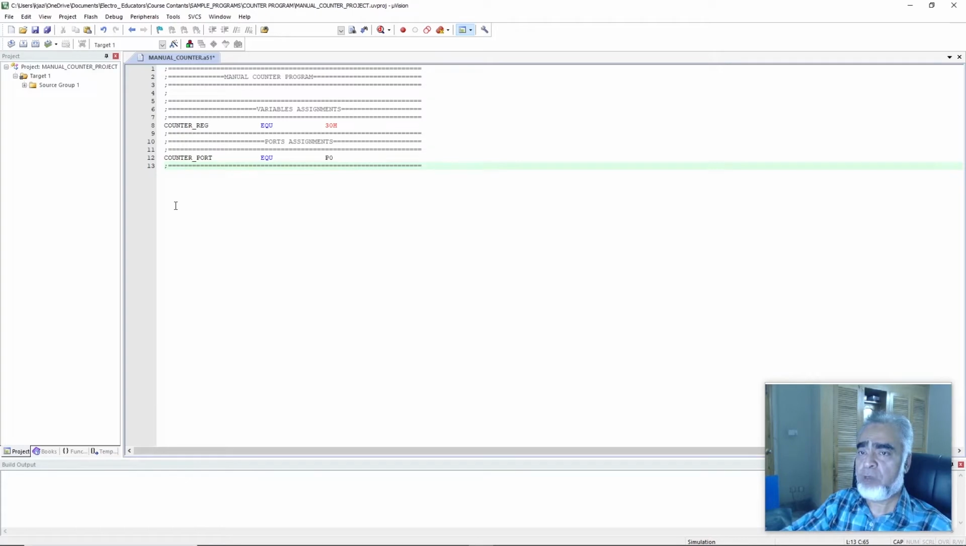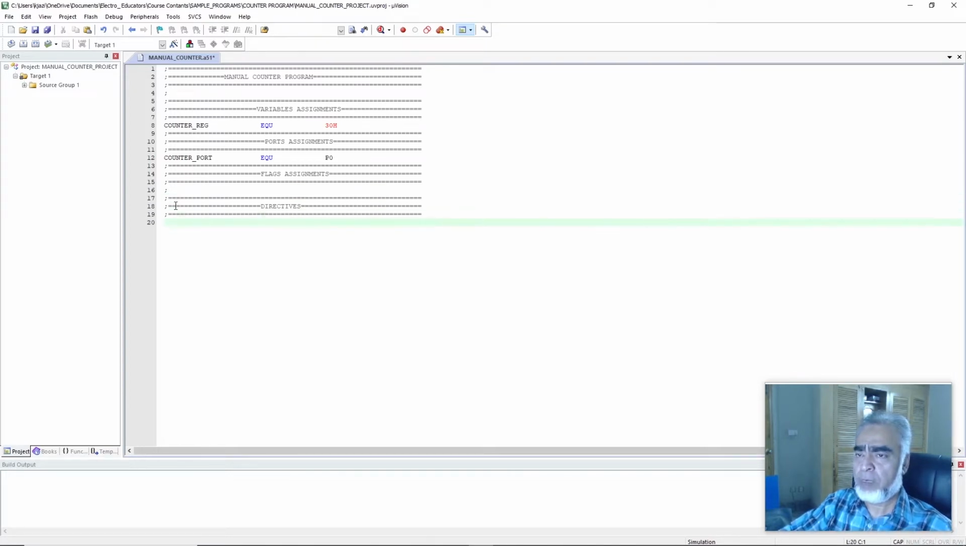In this program, we will use some flag bits. So here we will write the flag assignments, and here we will add the flags as and when required in our program. For now, we will leave this section empty, and now we will write the directives for the compiler, and here we will write originate, that is org, and here we will write 0000H, the reset vector for the microcontroller, and here we will write the first instruction, that is jump to initialization